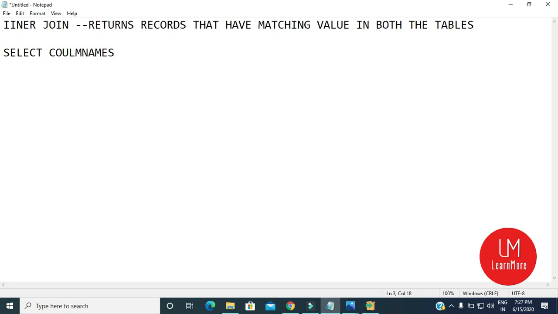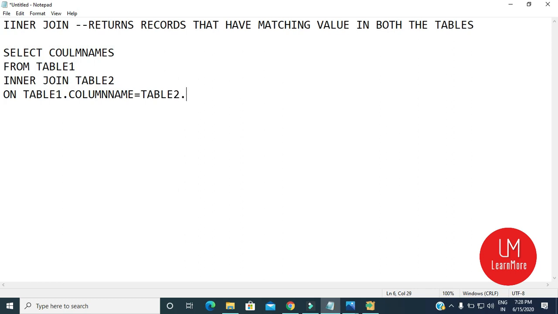You can have multiple columns from table 1 inner join table 2 on table 1 dot column name equal to table 2 dot column name.